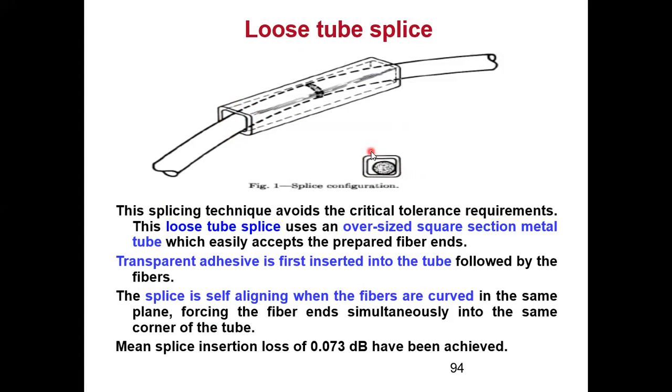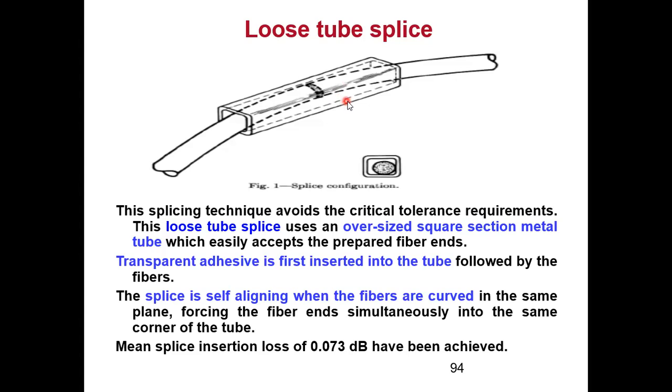It is a square or rectangular kind of thing. And since it is loose, in the tight snug tube, while inserting the fiber I need to take care because the dimension is hardly a little bit more. So while inserting the fiber, it might break. So again, remember for the jacket also we had that loose jacket. Similarly, instead of keeping it a circle, I am keeping it a square so that I have those spaces left over here.